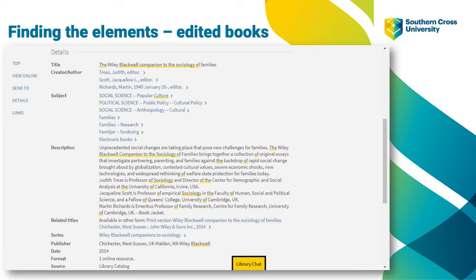Again, we can find all the information on the first few pages of the book itself, or in the library catalogue. So let's have a look at this example for the information we need. The editor's name, the year of publication, the title of the book, the edition number, and this book appears to be in its first edition, the publishing company, and the place of publication.